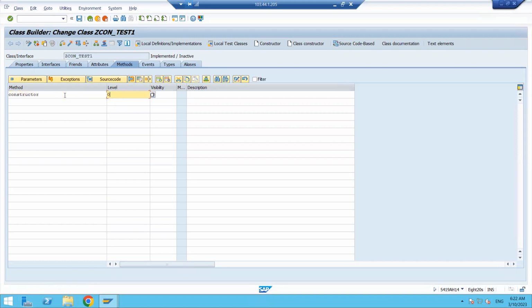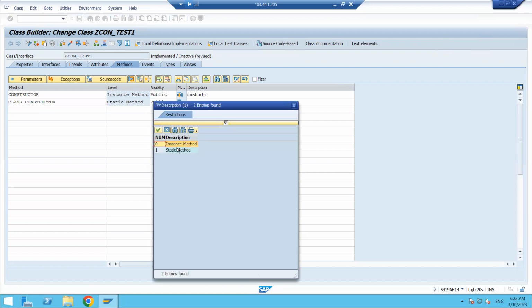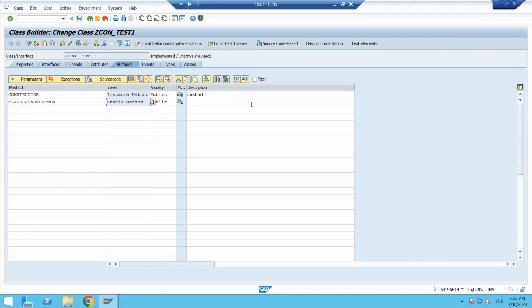Constructor. Okay, and class constructor. Okay, instance or static, whatever it is. Okay, fine, no issue for static. Sorry, actually, this is the class constructor. So by default, it will be a static method. Okay, and